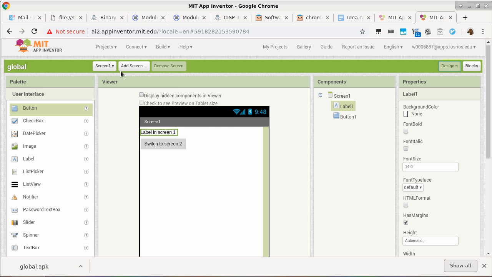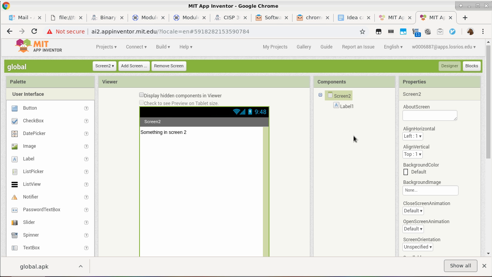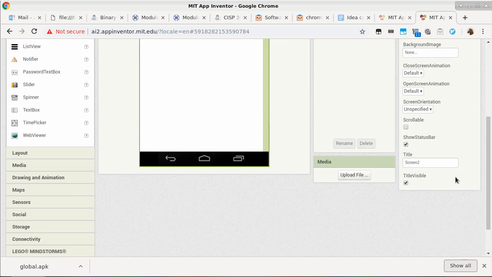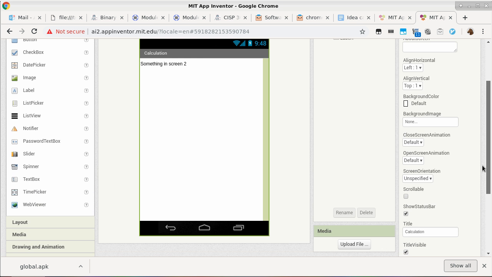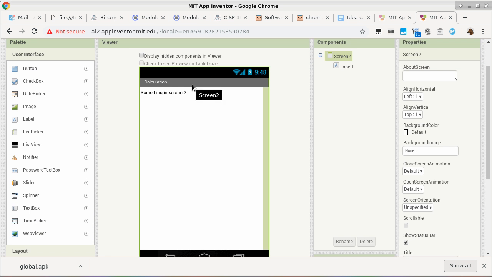Let's be careful here, because when we switch to screen 2, there are two quote-unquote names associated. One is the title. The title is simply what is displayed, not the name. This is just what is displayed. You can change this one to anything you want. Say, I don't know, the calculation part. But you can see that by changing the title, you're changing what is displayed here, but the actual name is still screen 2.